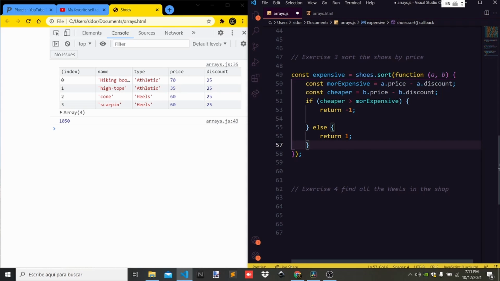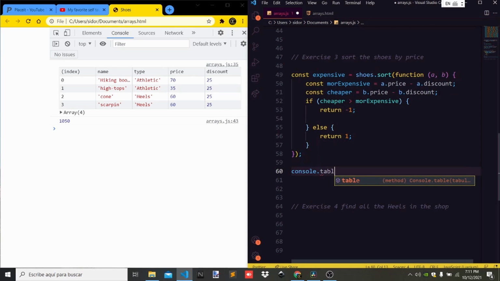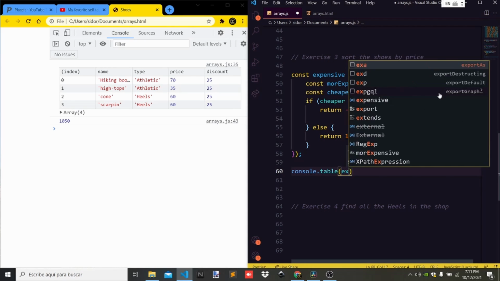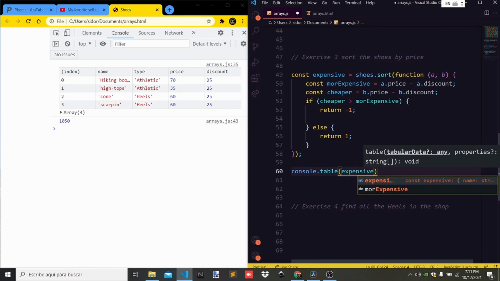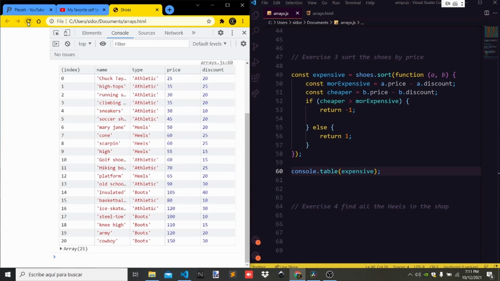That's it. Save, and let's console.table expensive, semicolon, control save, refresh the browser, voila, we got here from